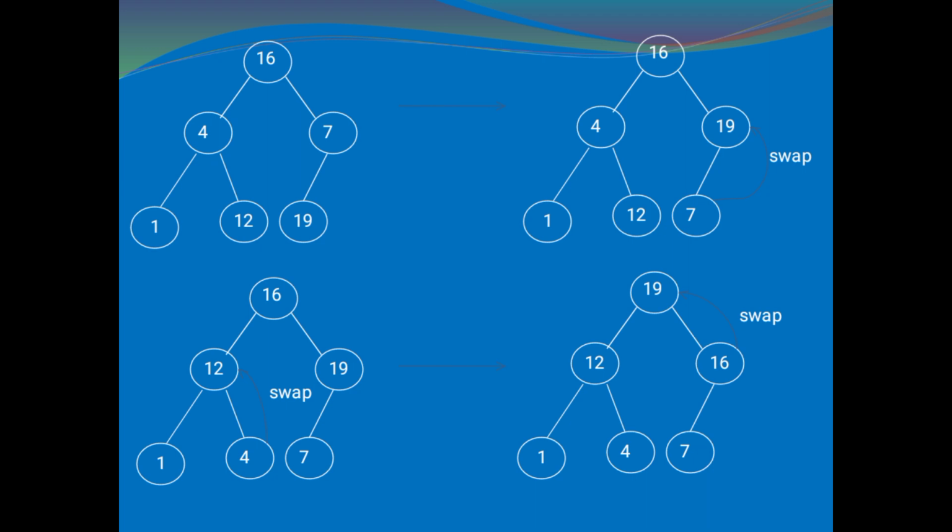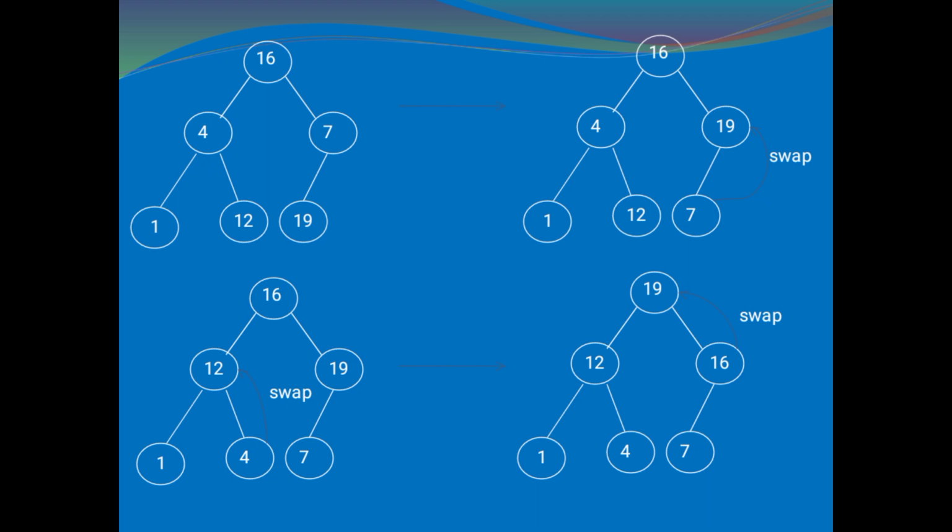After that, again go to the upper level, that is compare 12 and 19 with 16. Since 12 and 19 are children of 16, compare both with 16. 19 is compared with 16 first. 19 should be in the above position and 16 should be brought down, so I perform the swapping. Then compare 12 with 19. 12 is smaller than 19, so it stays in position.